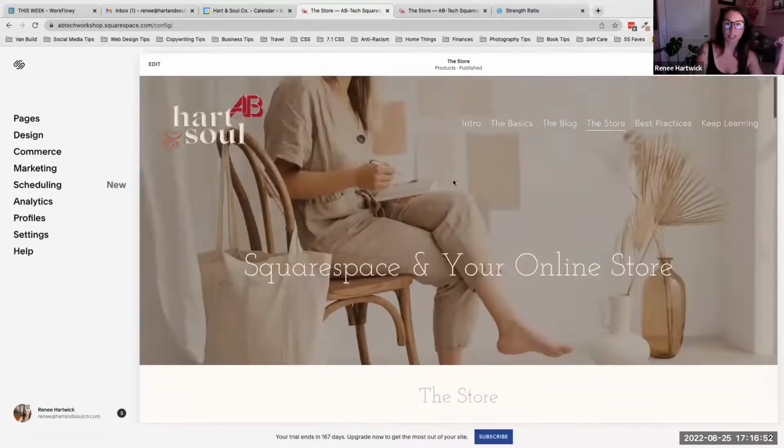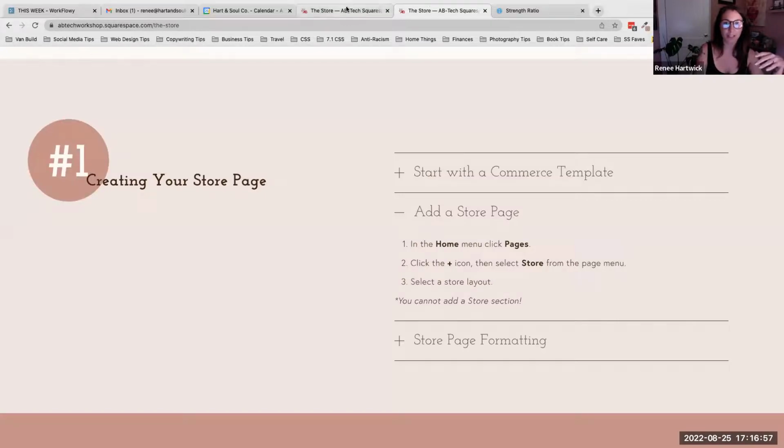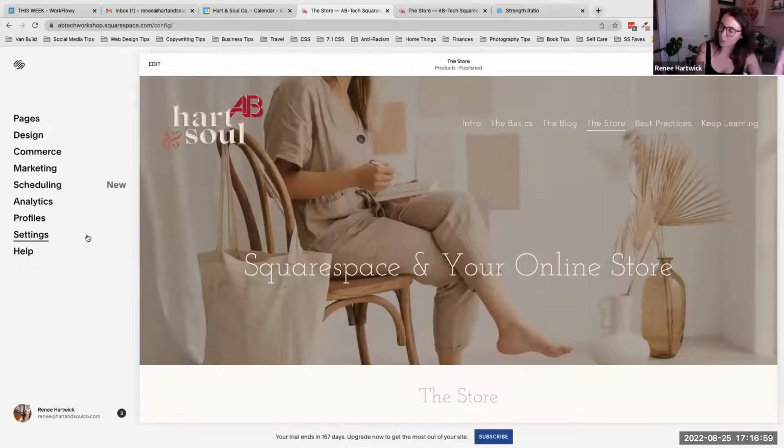This is the exact same page that we're on over here, but through the back end of Squarespace. We are going to spend a lot of time in this tab a little later in class. But right now, as we talk about adding your store page and adding products, whenever you are doing something that actually deals with your products, editing your products, adding photos, adding a new one, getting rid of an old one, anything like that,